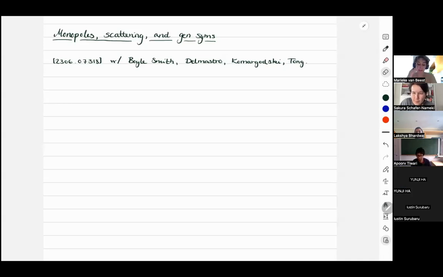So I am going to be talking about this paper that I wrote together with Philip Boyle-Smith, Diego Del Mastro, Sota Kumagotsky and David Tong. And it's about monopole scattering and generalized symmetries. But I'm afraid it's going to be at least 20 minutes before I really get to any monopoles, because